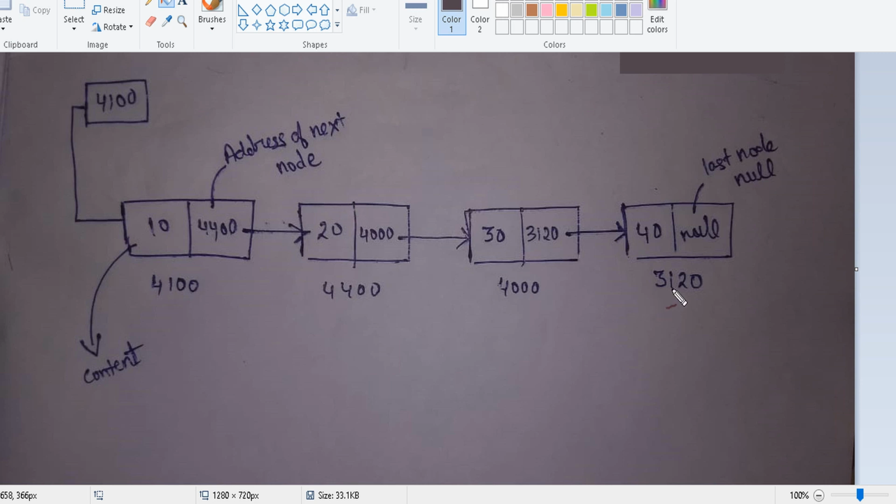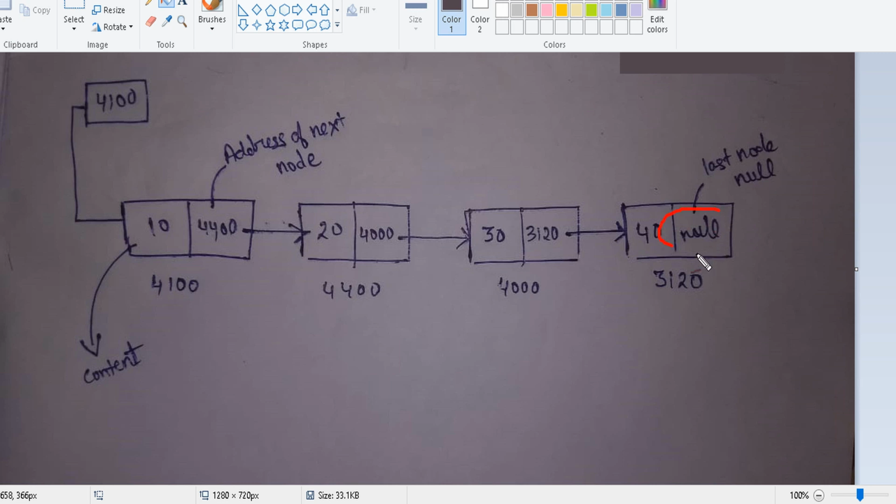One more thing: the tail of the linked list will always contain null. Null means it's empty; it's not pointing to any other address. So the head will point to the next address and the tail will point to null, like the tail points to nothing.